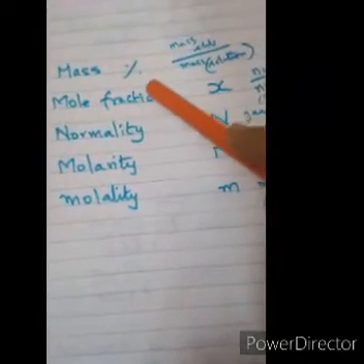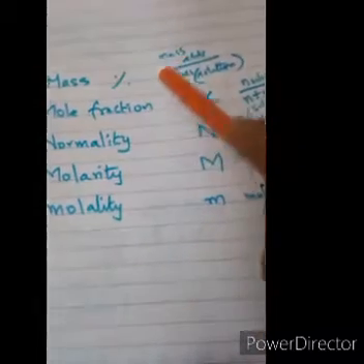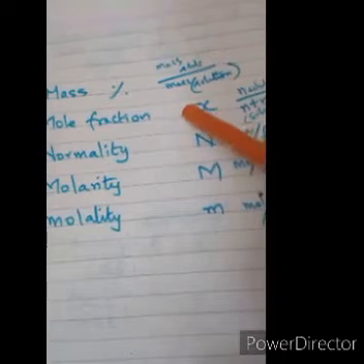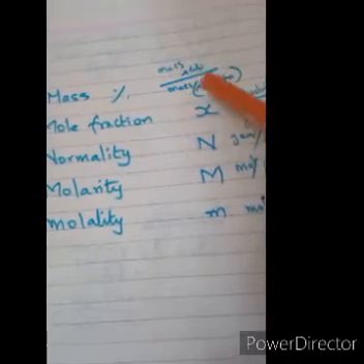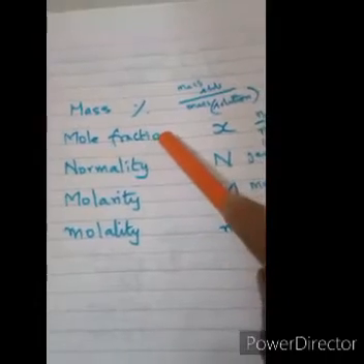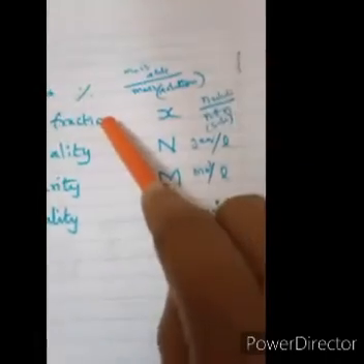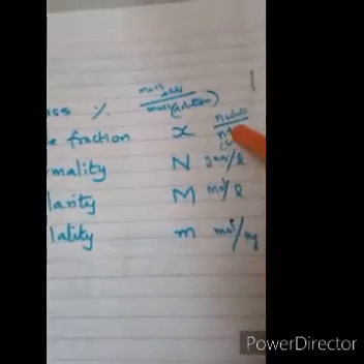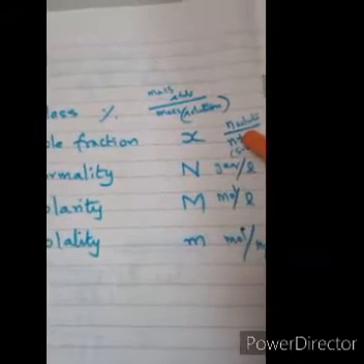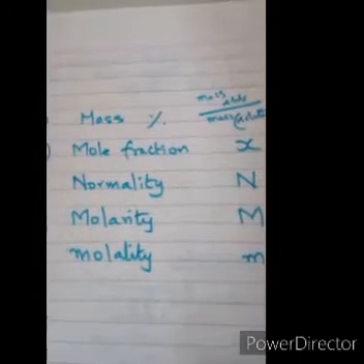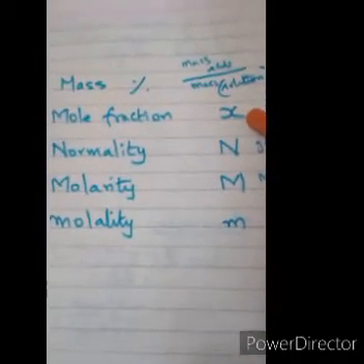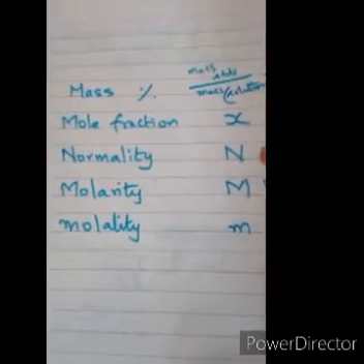When we say mass percent, it is nothing but the ratio of the mass of the solute to the total mass of the solute and the solvent in the solution. Mole fraction is also similar, but instead of the weight of the substance, here we consider the moles, number of moles of the solute and the solvent. Now let us see the first two methods. These two methods are not in use now, but still we have this in the syllabus.